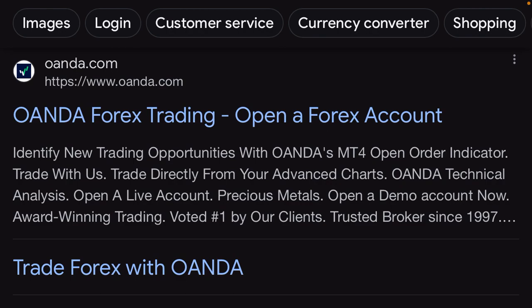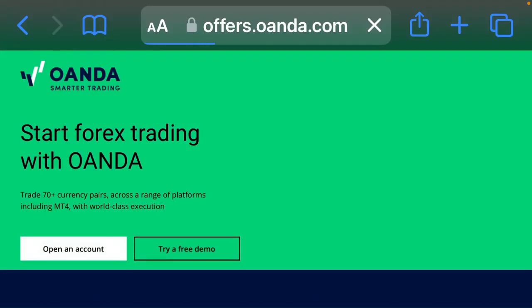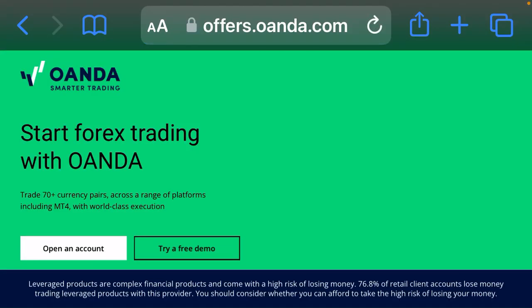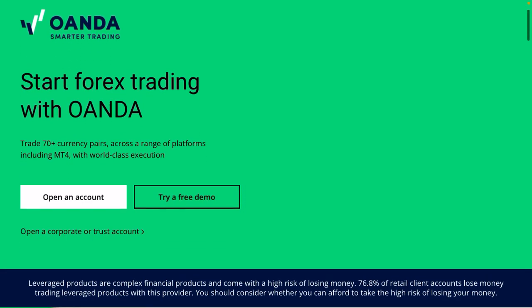And this company's been around a long, long time. So it's well established. Anyway, so that's it. And anyone can sign up and get a free demo account. See there it says try a free demo account or open up a regular account. So demo account is always recommended to trade demo accounts first. So just press on trade a demo account